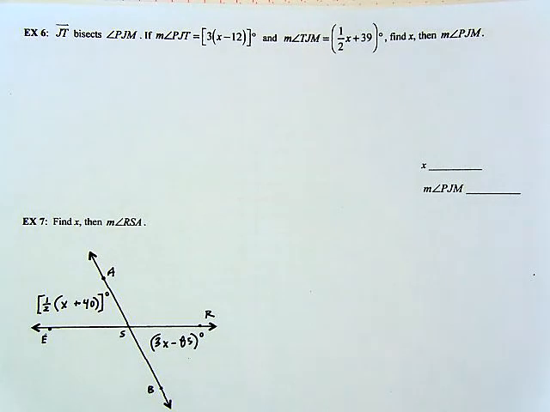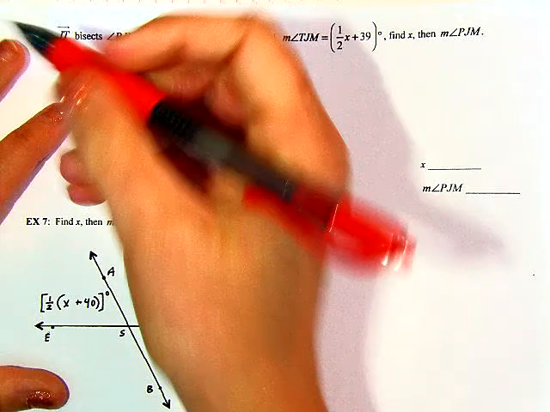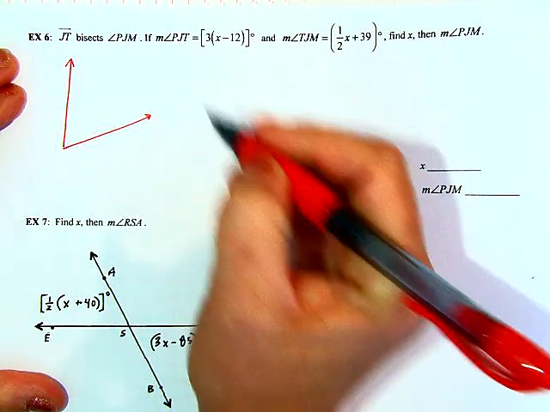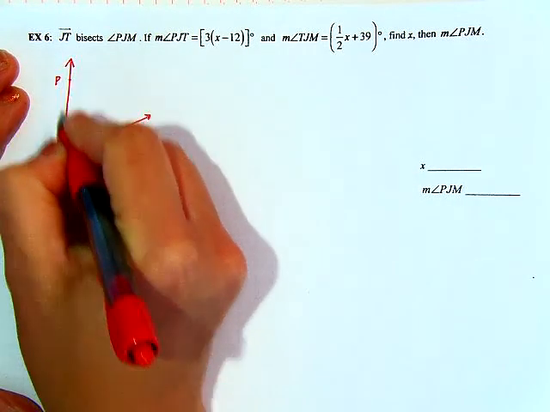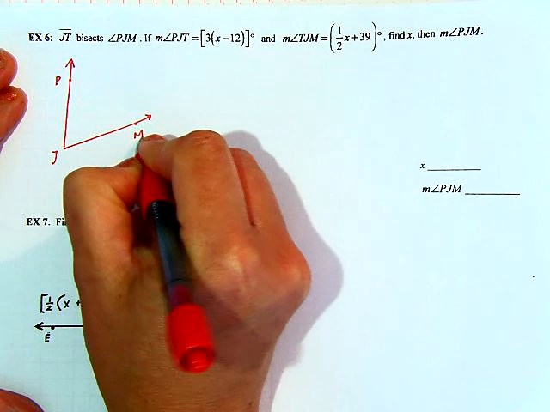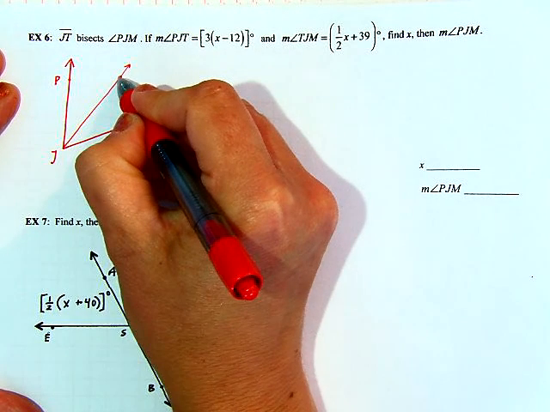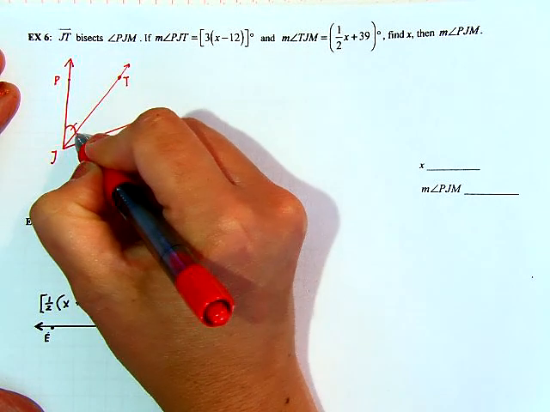Okay, so in this next example, I'm saying JT bisects angle PJM. So bisect means creates two congruent parts, two congruent angles in this context. So ray JT bisects angle PJM. So let's picture that. I don't know my scaling, so I'm just drawing a model. So here I'll make this P, here's a J, and here is M. And then I have ray JT right smack in the middle that's going to bisect it